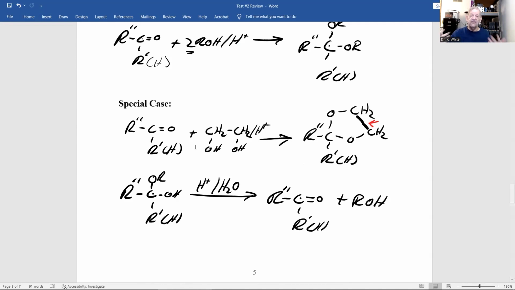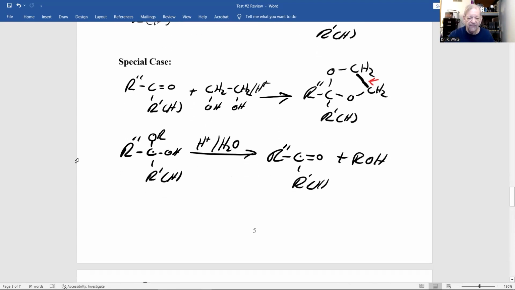Just like if you go outside and it's raining, you'll have an umbrella or you'll wear a raincoat. But when you come back inside where hopefully it's not raining, you take off the raincoat or close the umbrella after it dries off. And this does the same thing, but with aldehydes and ketones protected. But unfortunately, I don't have time this semester to show how that's used in synthesis. All right, now,